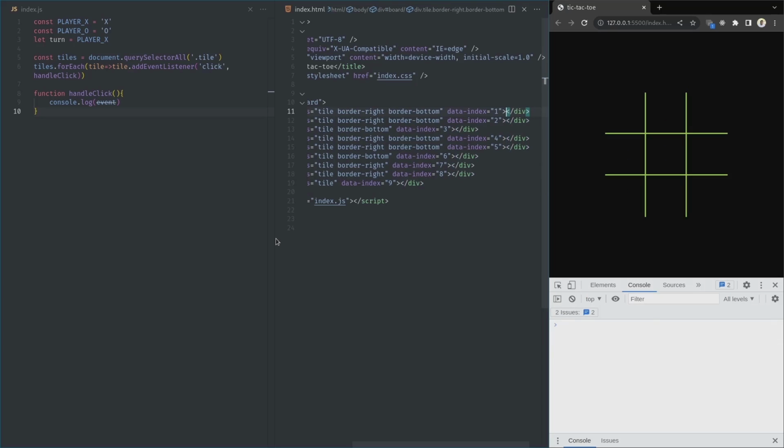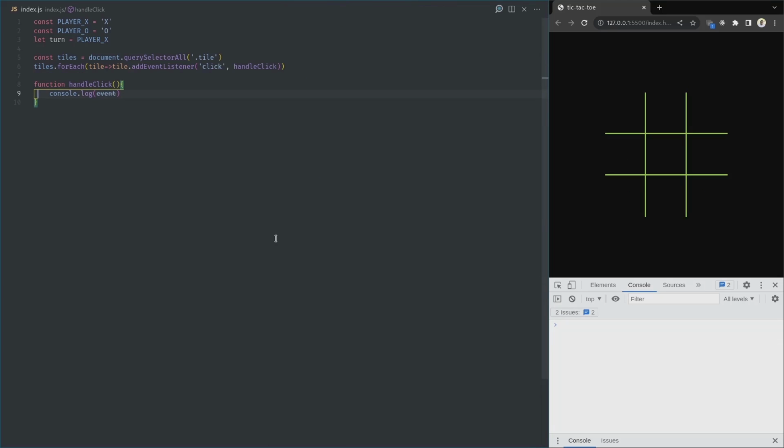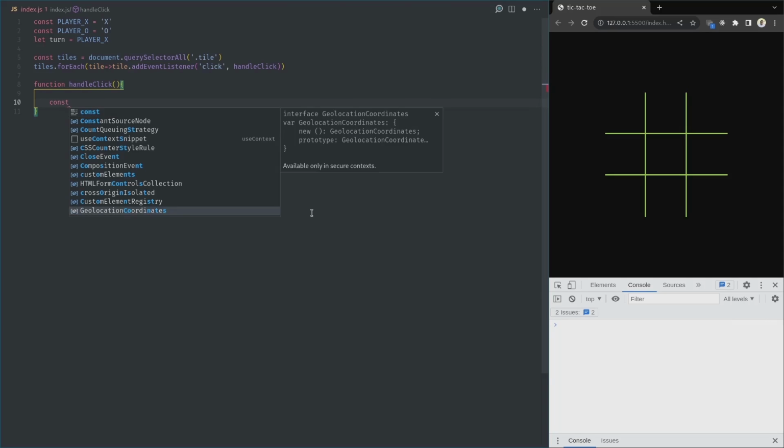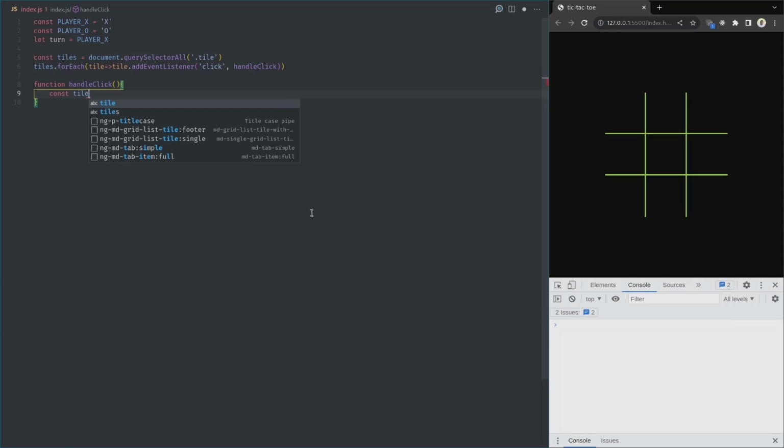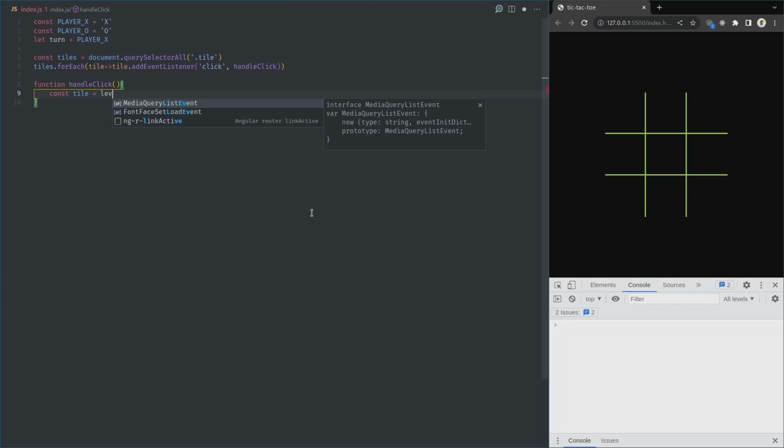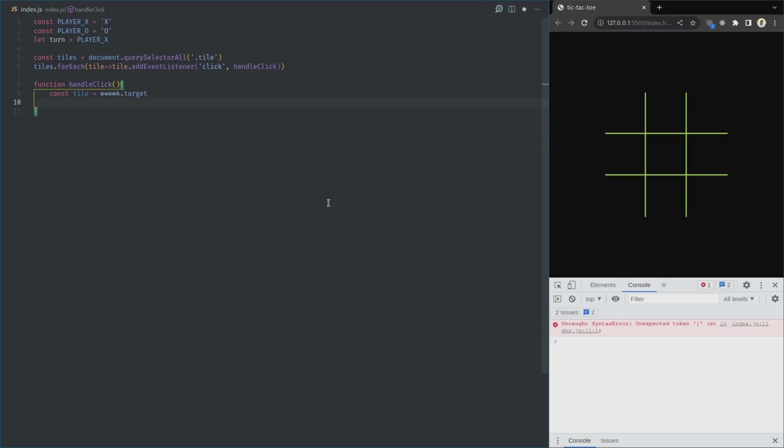Control S, save it, and now with each click we want to fill the elements with either an X or an O. So as we've tested it, it's logging everything, so let's remove that and declare a constant with the name of tile equals event.target, and in the next line we're going to create a condition and say if turn, which is player X by default,